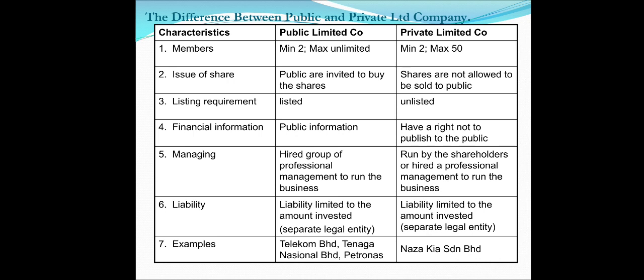So these companies are Syarikat Berhad, or public limited company. Their shares can be traded in Bursa Malaysia. But there are also companies whose shares are not traded in Bursa Malaysia. These companies are called private limited company, or Syarikat Sendirian Berhad. Most of the time, Syarikat Berhad are bigger in size, capital and profit compared to Syarikat Sendirian Berhad, but not all the time. So you can see there are differences here.